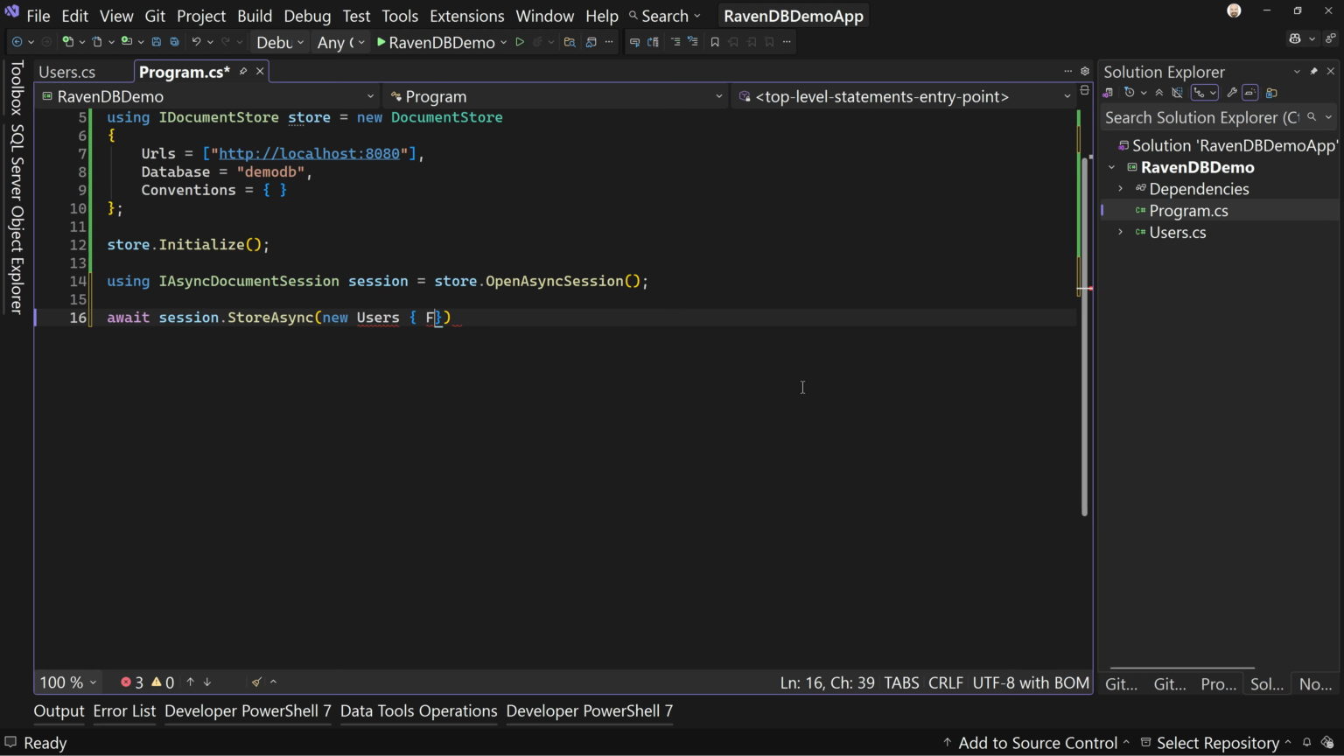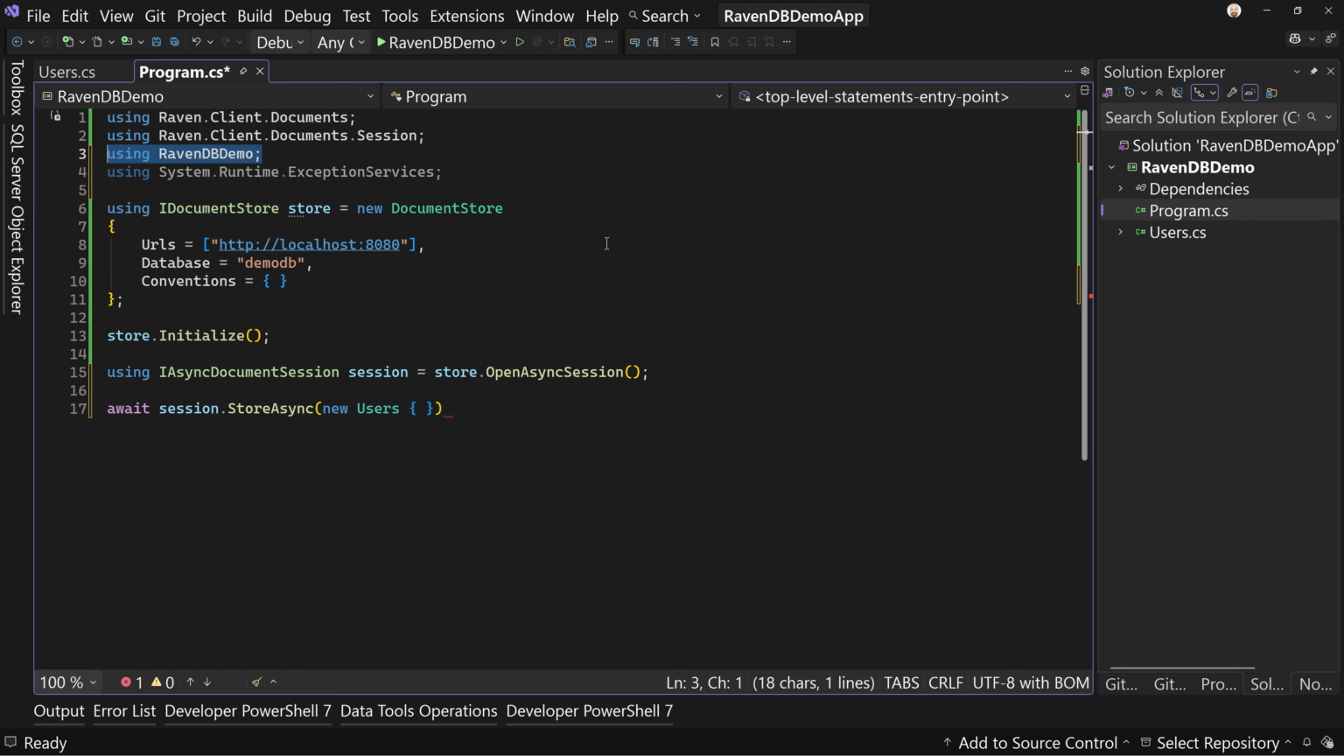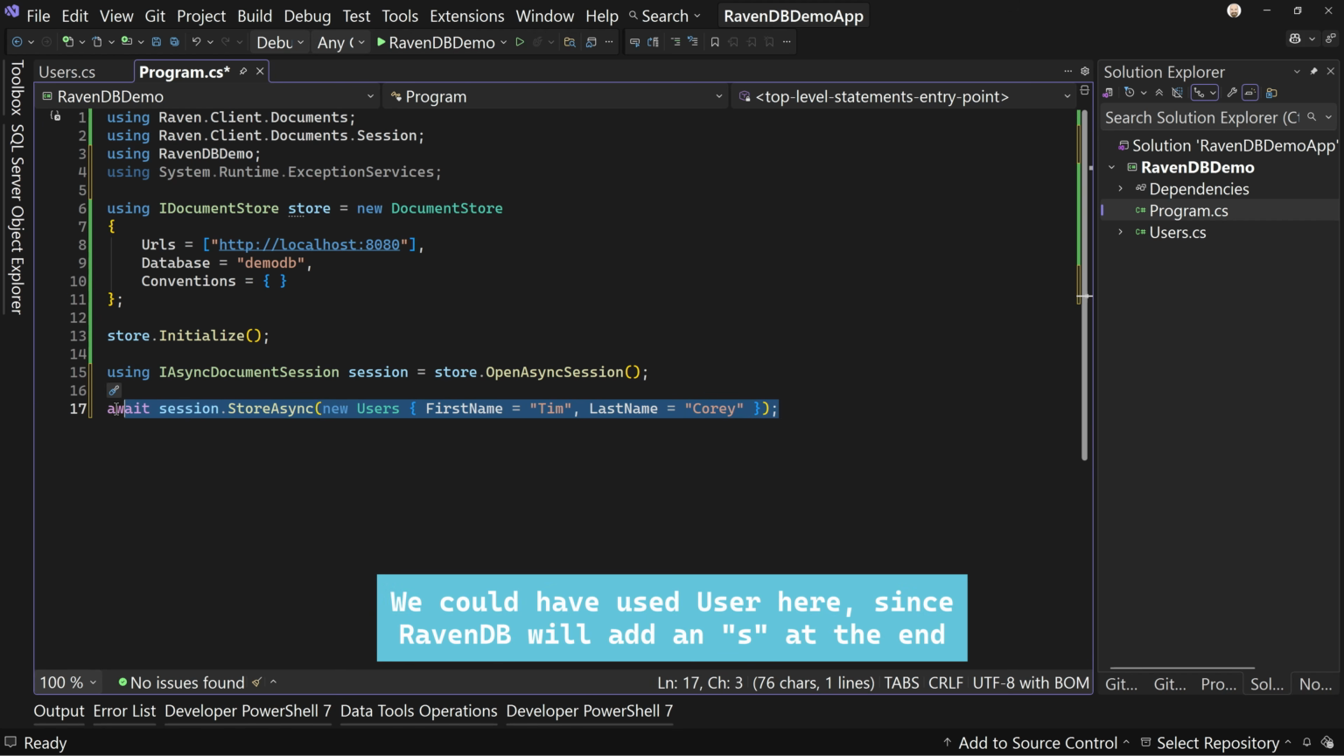Whoops, I have to have the using directive here. So using RavenDBDemo because we're in program.cs. So first name equals Tim and last name equals Corey. Now I didn't add an ID. Okay, so this is going to store one new user in the users collection. But it's not doing it yet. We have to say await